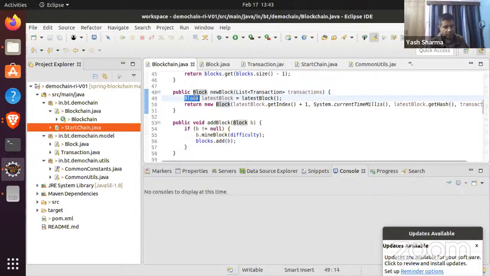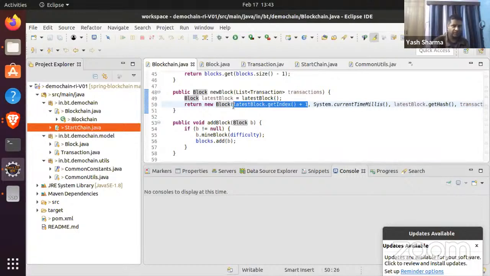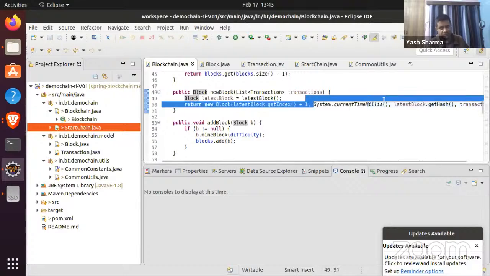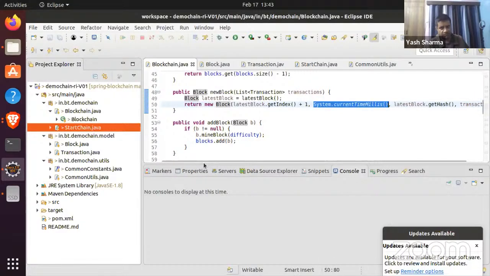And once this latest block is available, the objective is that it needs to pass, number one, the right index of the block, which will be the latest block index plus 1, because we are adding 1 on top of the latest block. Then we are entering the current timestamp,